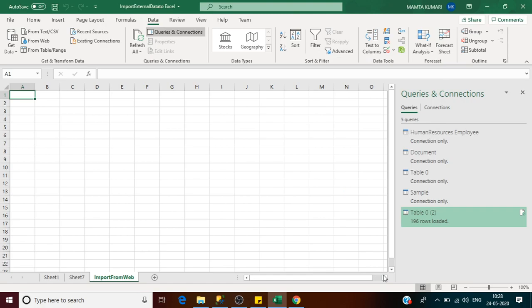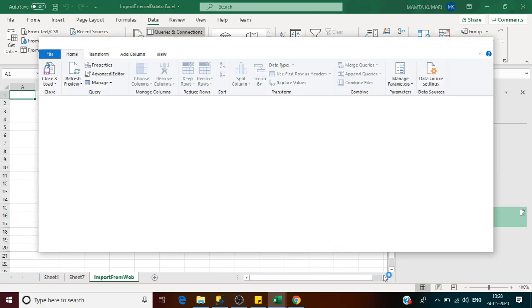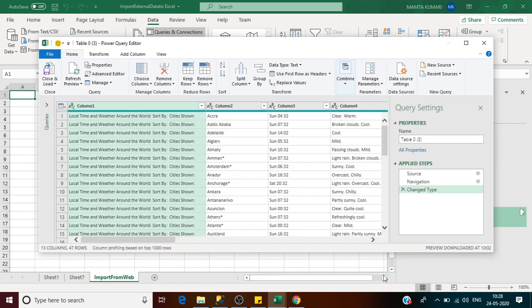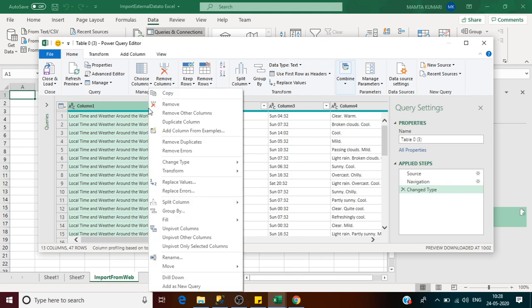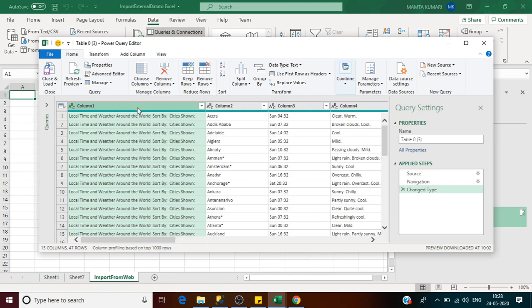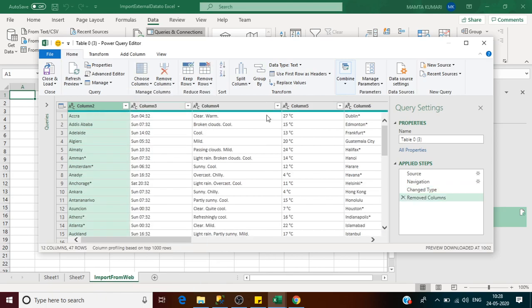Click on Transform. Not every sheet which you want to import from the web requires transformation. Some data is already good, so you do not need to transform it and can directly click on the Load button. Here we want to transform. We did not need this column, so you can right click on the header and there is an option to remove it. Then we have a country name, and you need to rename the columns because we do not have the header names available on the web.